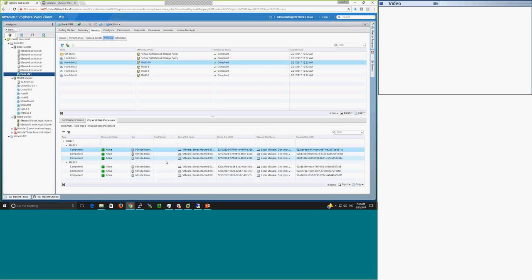By the way, this configuration is all flash. In this configuration, the cache is write buffer only. The reads come directly from the capacity disks, which are all flash as well, so there is no read penalty. There's no need to fetch